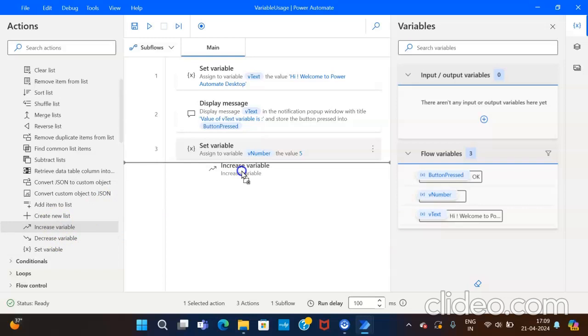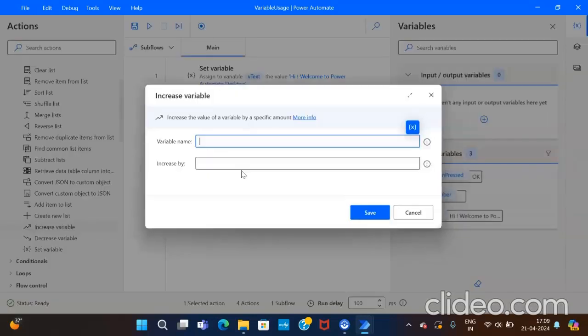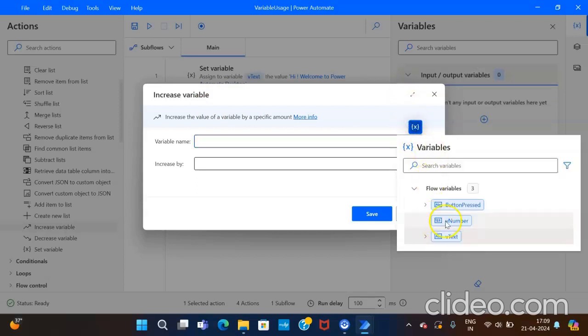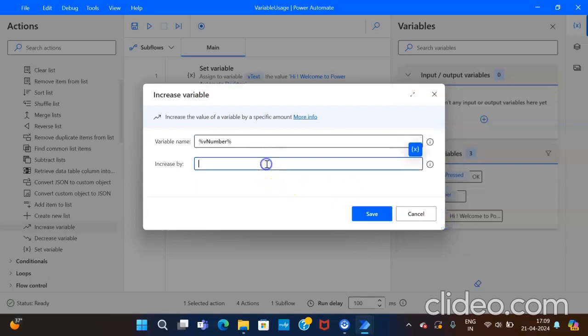In order to increase the value of this variable, you have to drag and drop the increase variable action. Once you drag and drop it, this particular dialog box will appear, and over here you have to select the variable name whose value you have to increase. From here select the v number variable, and then the amount by which we have to increase the value of this variable, we will assign over here. For now in this example I will be increasing it by 1,